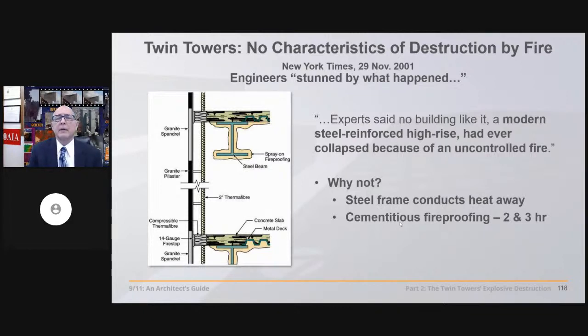There's only enough fuel in a given area, as NIST even acknowledges, to burn 20 or 30 minutes. So this is 6 times more protection than is needed, than that at 3 hours.